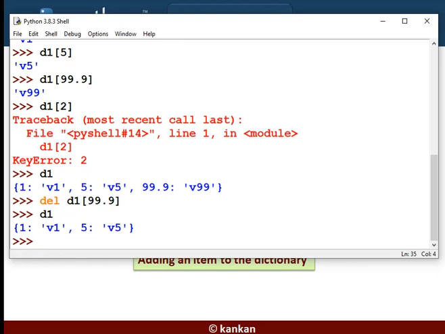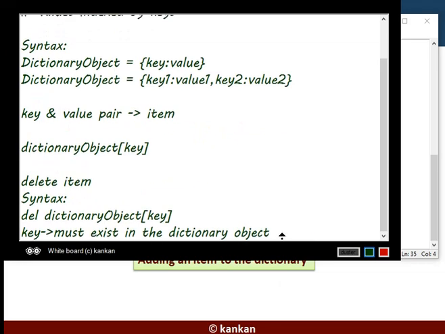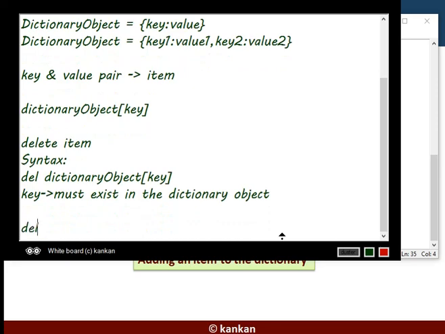How to delete it? I have told you, just write down this syntax, del and the dictionary object. Okay, you do not need to mention any key. As a whole, this object will be deleted.